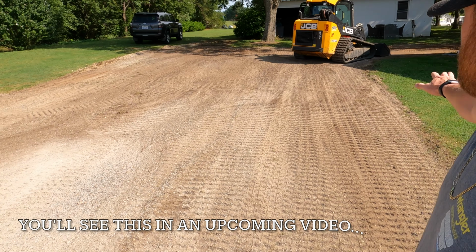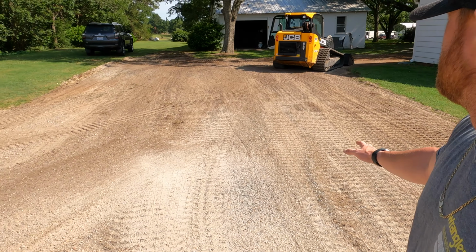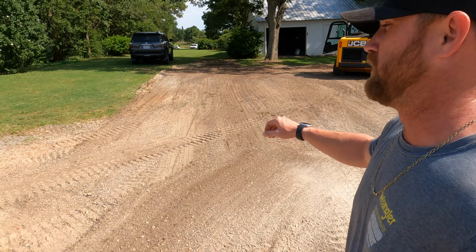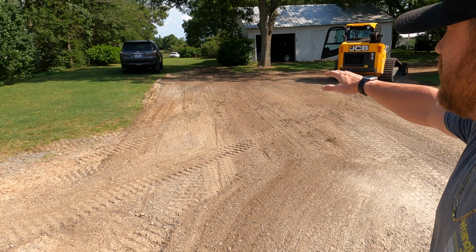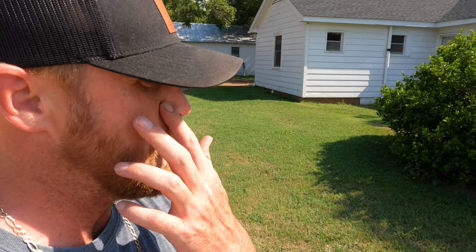I've graded this spot to where I can bring some rock in real soon. It's not perfect, but it's going to do exactly what we want when we spray Roundup and get it all done. Square the edges off. I'm going to trim up later on, but the real job today is I live right next to a church,